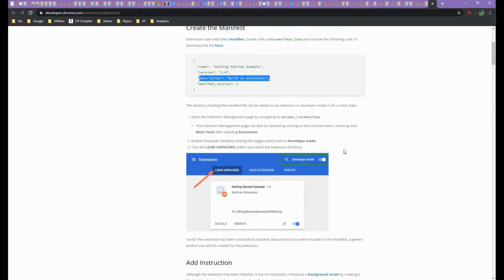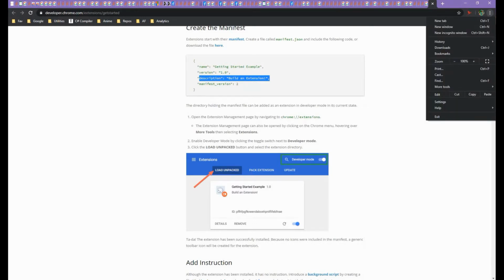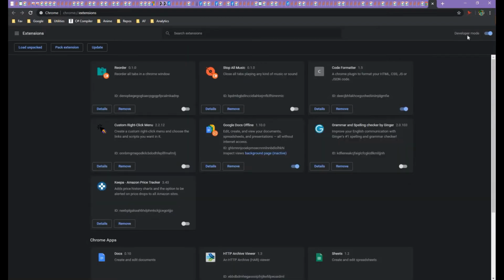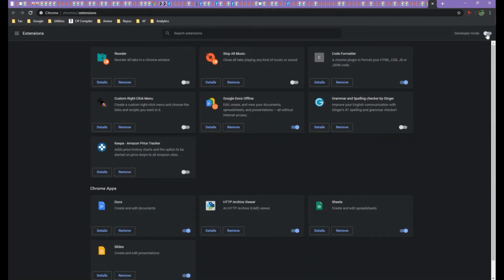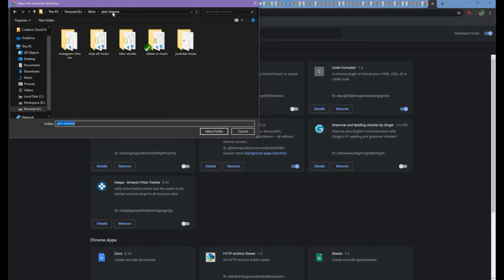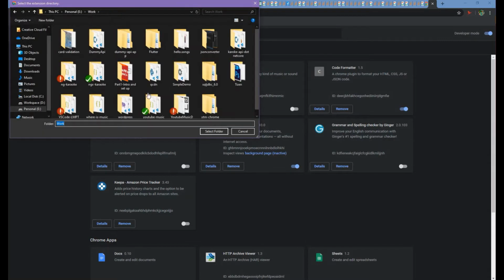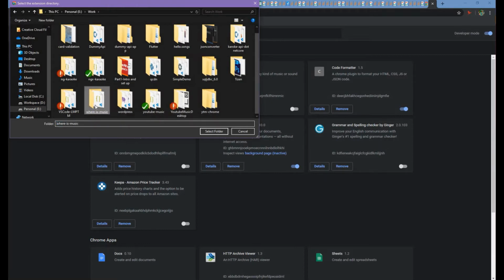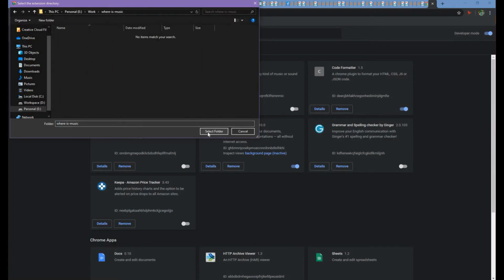As you can see, they're asking you to enable the developer mode for extensions, and you can load extensions in your browser. So this is how you do it. You go to More Tools, click on Extensions. Now here's the developer mode, and this is how you enable it. You can also disable the developer mode. Now when you enable it, you have the ability to load unpacked extensions. So you click on Load Unpacked and you select the directory, wherever it is, Where is Music. Now you select this folder